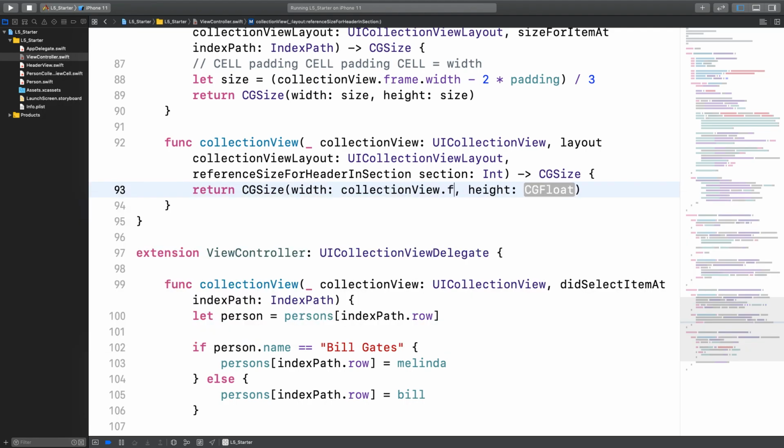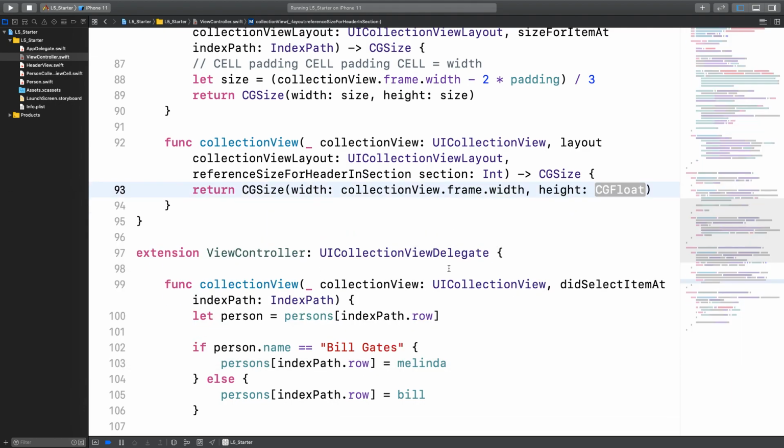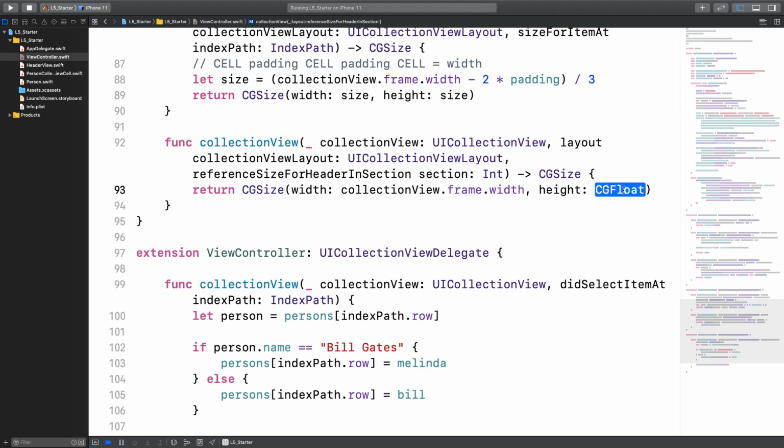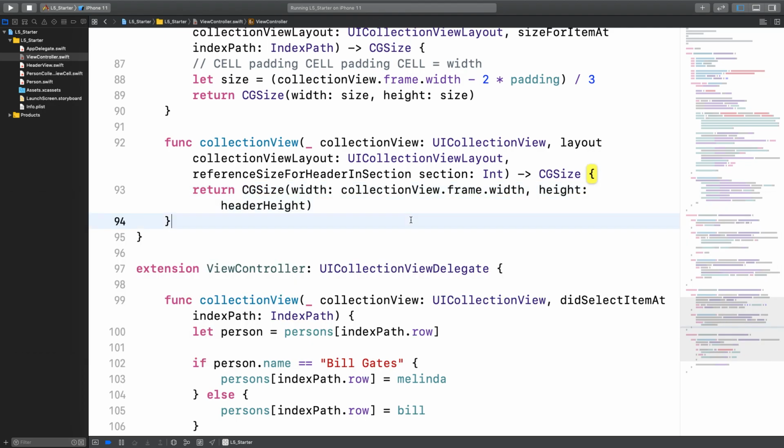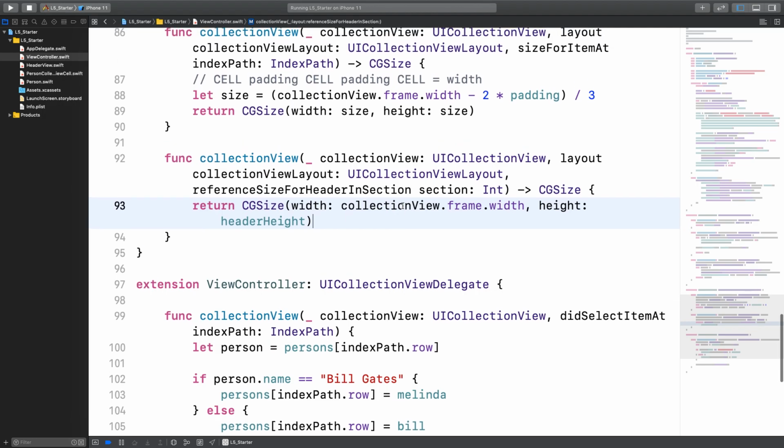Collection view dot frame dot width. So you could do height, but we're just using width. And then the height we actually already stored in a variable called header height. If you scroll to the top of the file, you'll see we put X amount of pixels for the header height. So now if we run this,